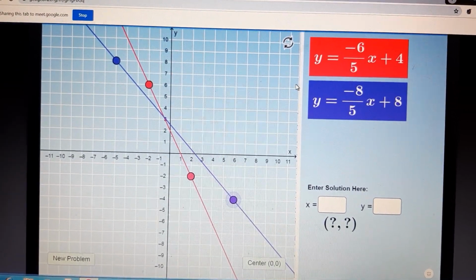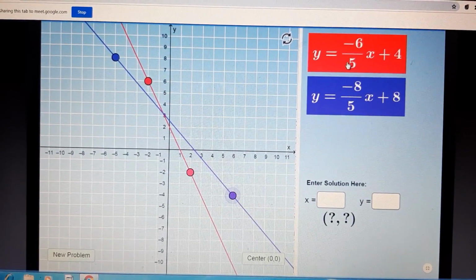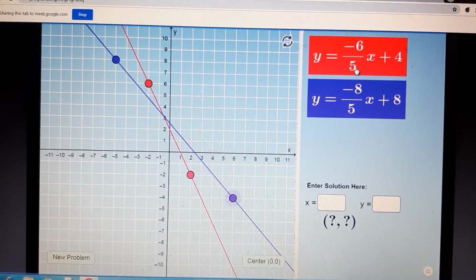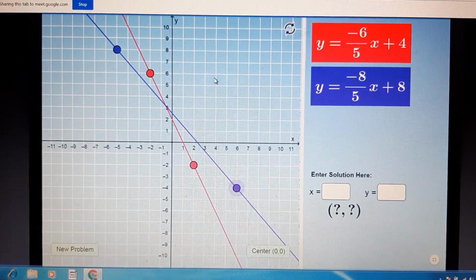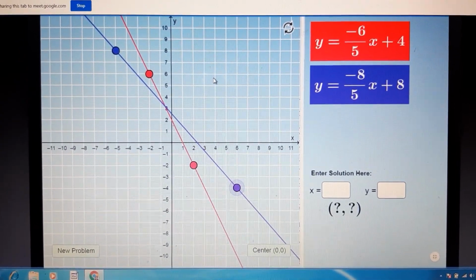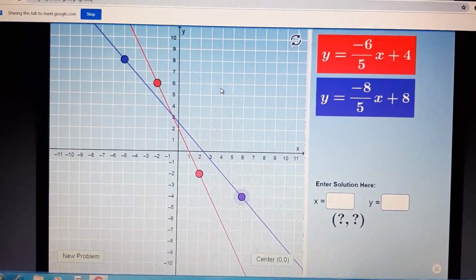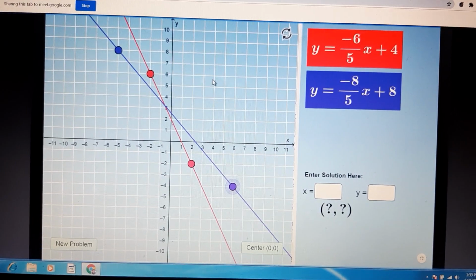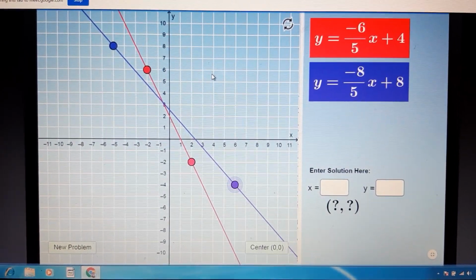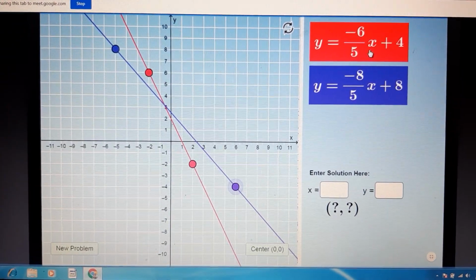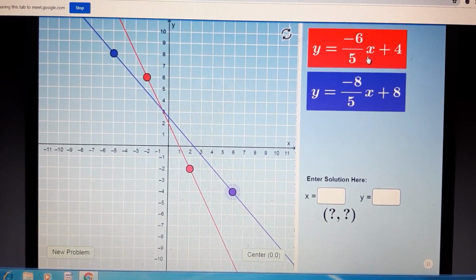So if I take the red line, it is y equals minus 6 by 5 x plus 4. So let me try and not make a solution box over here. Let me try and do it mentally. The very first two common things that can be done are the coordinates where x and y are 0. So if I take x as 0 in the first scenario, what is the value of y in that case?